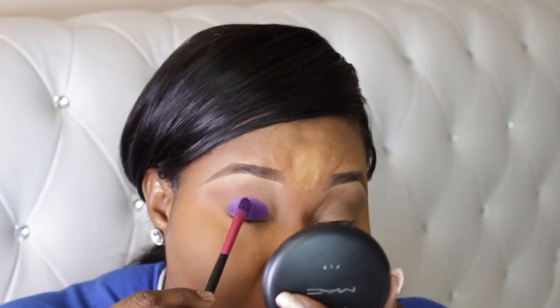and like I said, the camera does not do this look justice. So this other color here, called Burkina, I'm gonna use that to blend out this color on my eyes. Oh my gosh, I can just dream. There's some people when it comes to makeup, I swear they're put on earth to do makeup. This pigment, it's more like a shimmery pigment from MAC, and it's called Rose Gold, I think. Right in the corner of my eyes, I go in with that pigment color from MAC. Guys, if you could see this through my eyes,